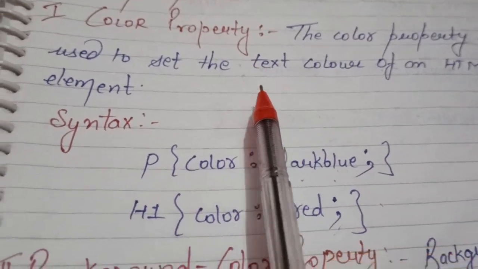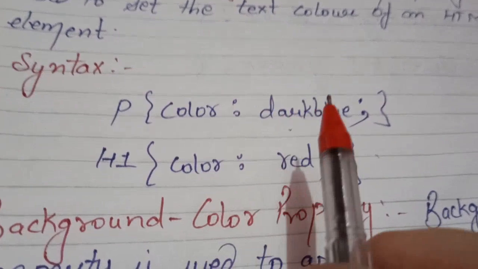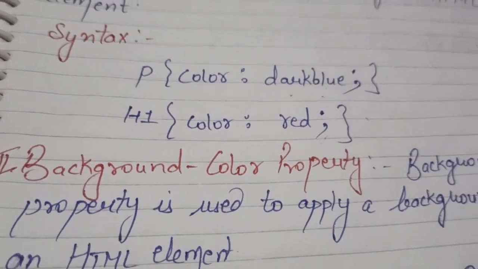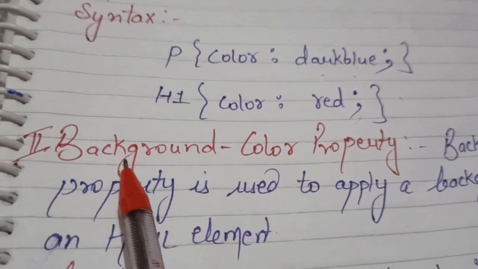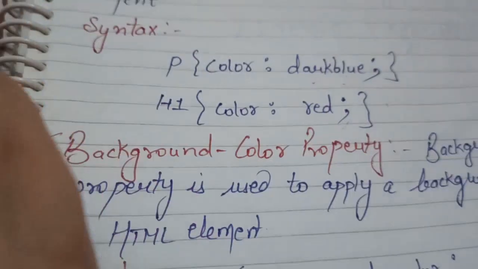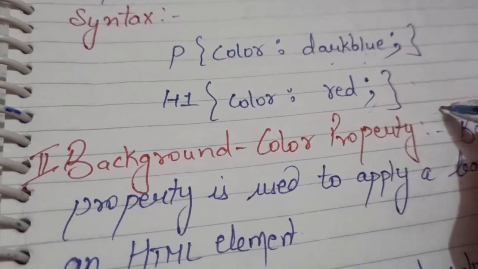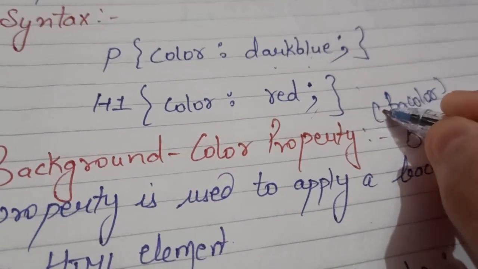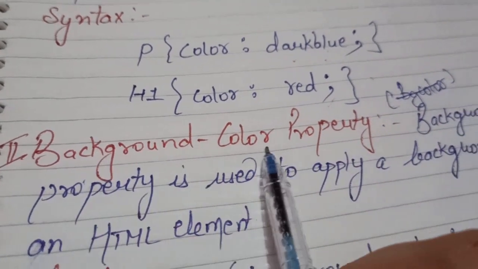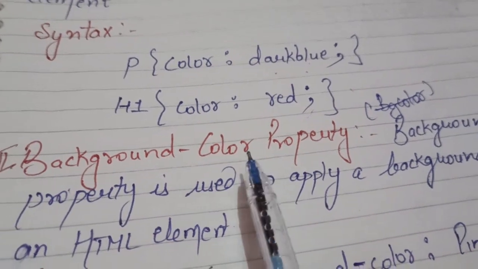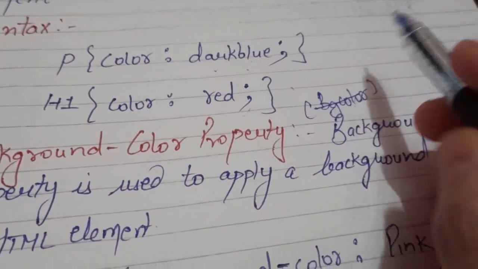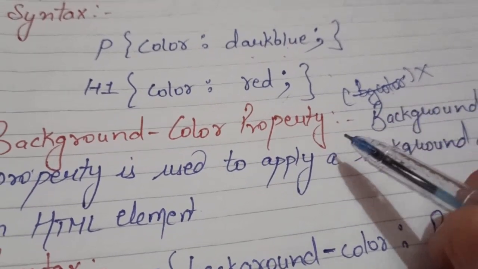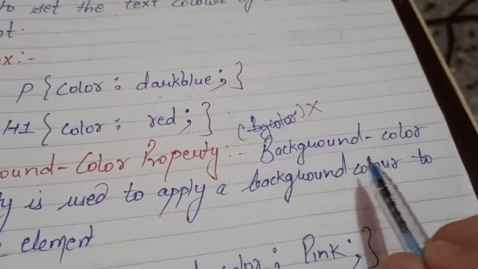First we changed the text color, now we are changing the background color. By default the background color is always white, but if we want to change it, we can do that in CSS. That property is there. In HTML we write BG color, right? But here we are using CSS, so don't write BG color; you have to write the complete background color in the manner I have written. If you use BG color, then the syntax would be wrong. Clear? There is no term BG color in CSS.